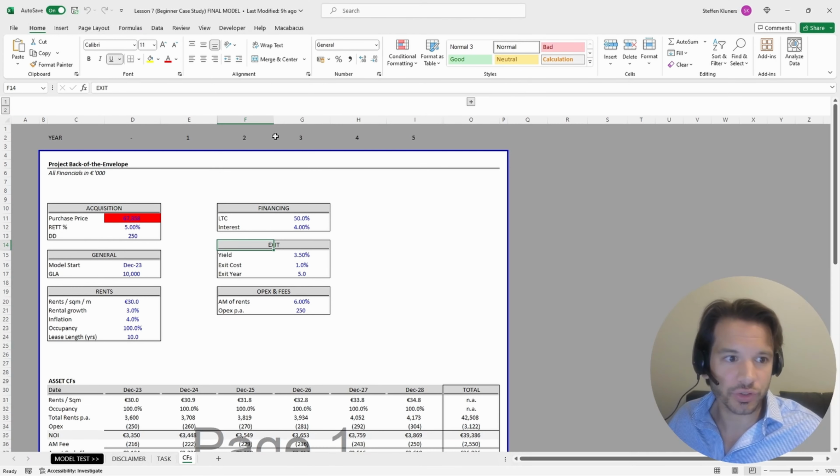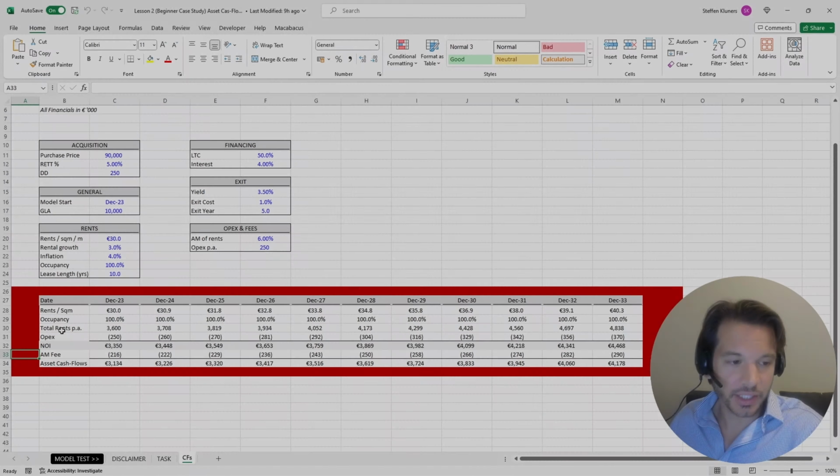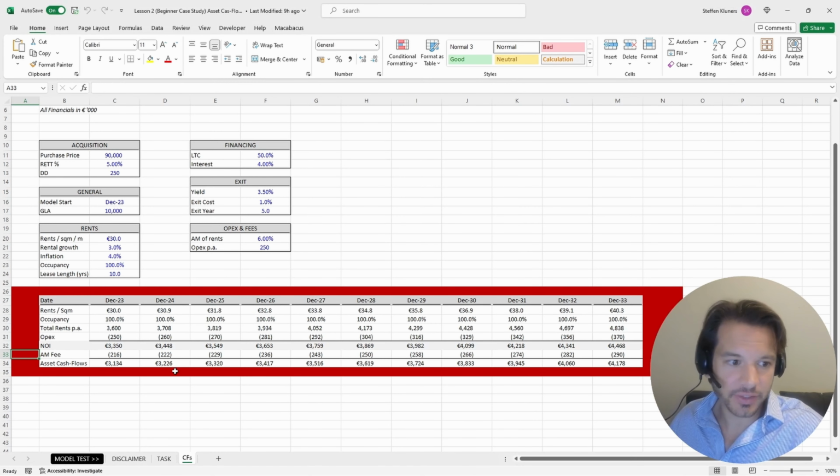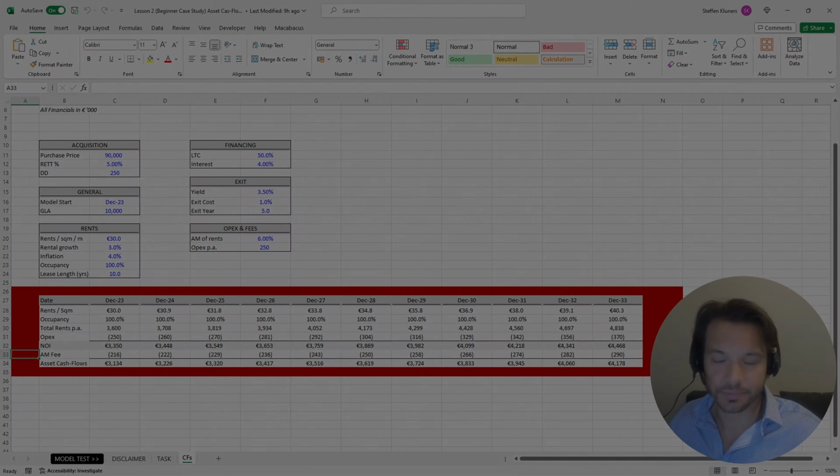And then if you go to the second lesson, here you can see we've added the asset cash flows. So now I've highlighted the new section in red. So this way you can always see which new sections have been added to our cash flow model. So we build the cash flow model in those 7 easy to follow steps. Each section that we're adding in each of the respective lessons is highlighted via those red cells. So you know exactly what we're completing in each of the respective lessons.